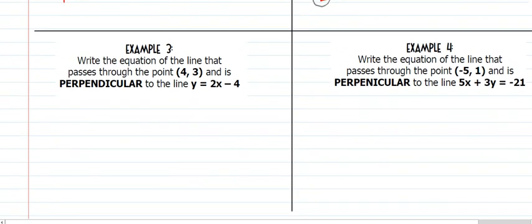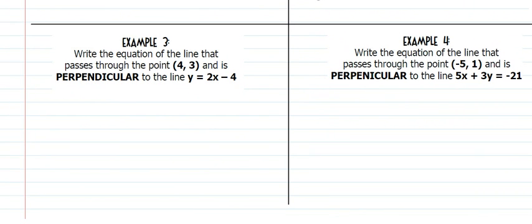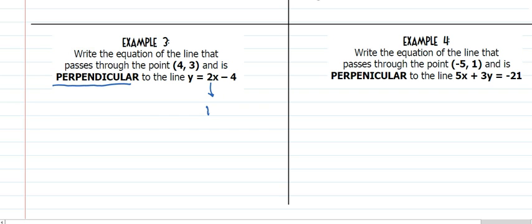Example 3. Remember, you guys, you can pause at any time, rewatch, do what you need to do. Example 3: write the equation of the line that passes through the point (4, 3) and is perpendicular to the line y equals 2x minus 4. Well, perpendicular means if this slope is 2, then the slope we need has to be the opposite reciprocal of that,